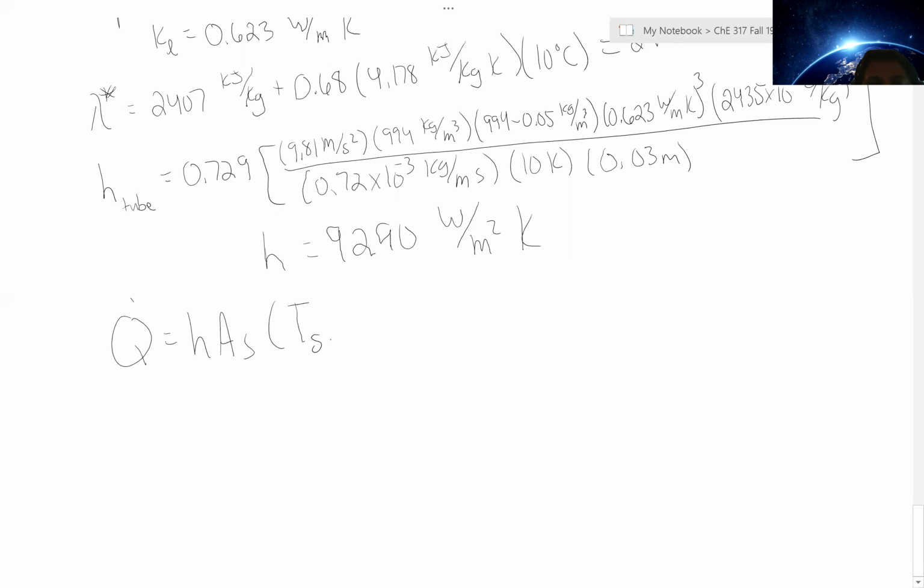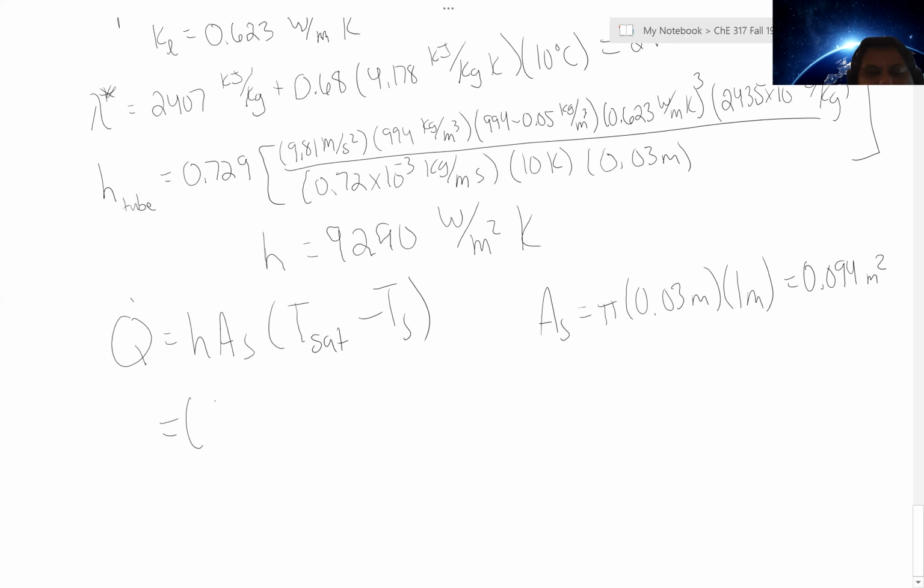The only thing we need is our surface area. We're doing this per unit length, as we said. So we have pi times 0.03 meters times 1 meter of length, which gives us a surface area of about 0.094 square meters,